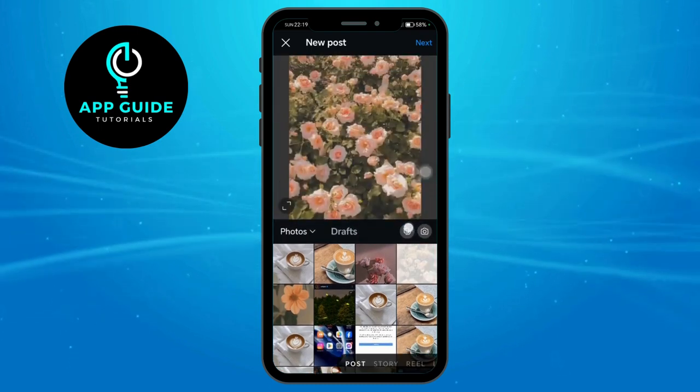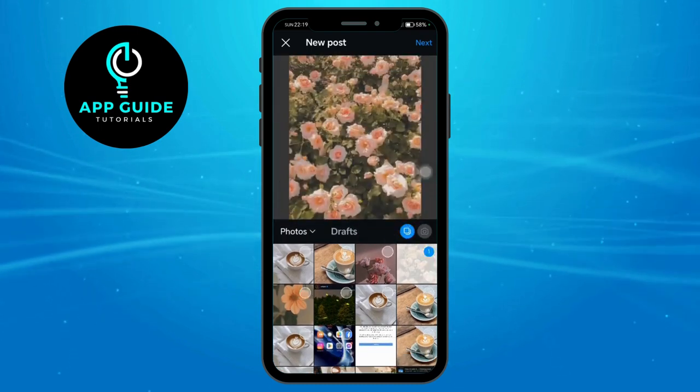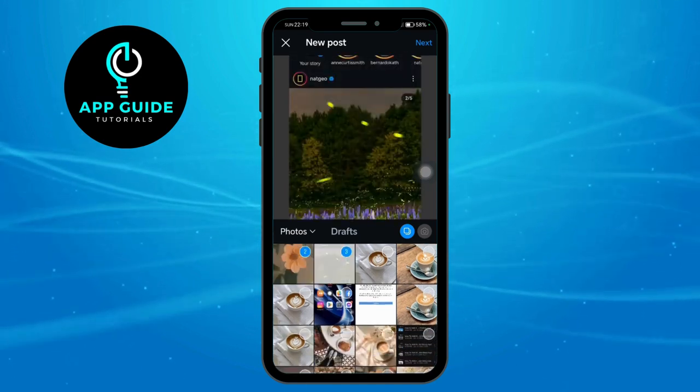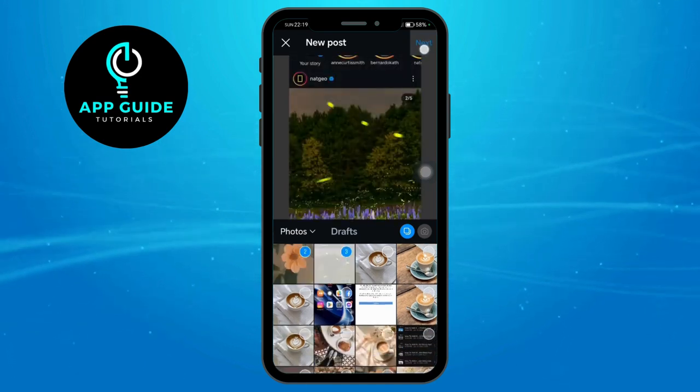I can also post multiple photos if I want to. Let's say this one right here. Now all I have to do to post this photo is to hit on next